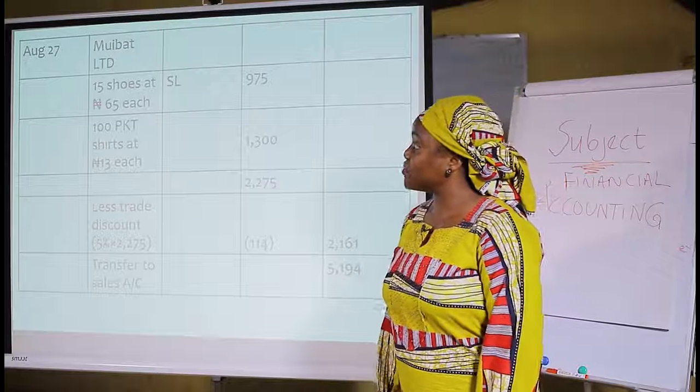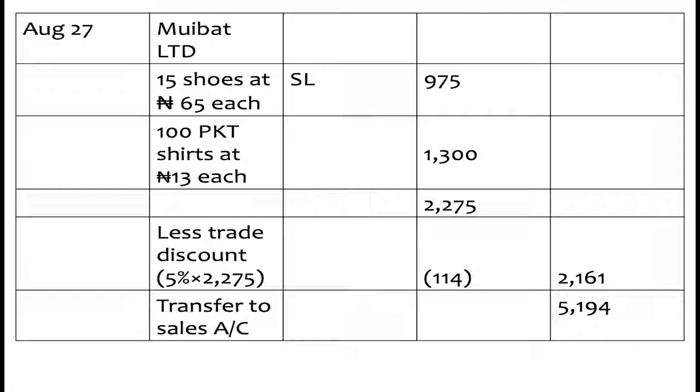On August 27th, Muibat Limited. Muibat purchased 15 shoes at 65 naira each. So 65 times 15 will give us 975 naira. Muibat also purchased 100 packets of shirts at 13 naira each. 100 times 13 naira will give us 1,300. When you sum up 975 naira plus 1,300, you have the balance of